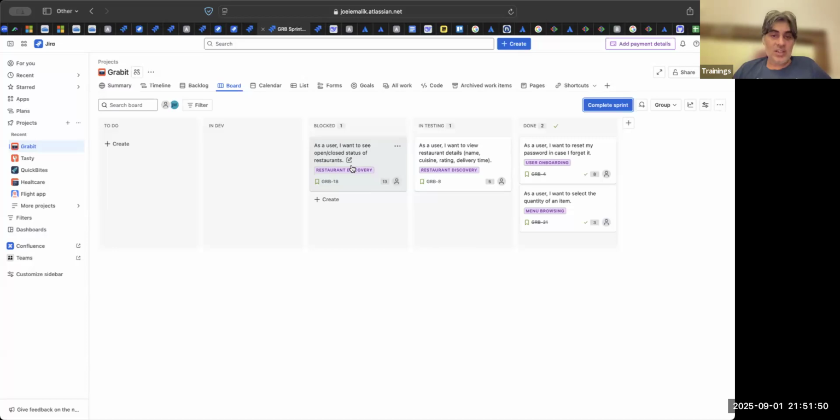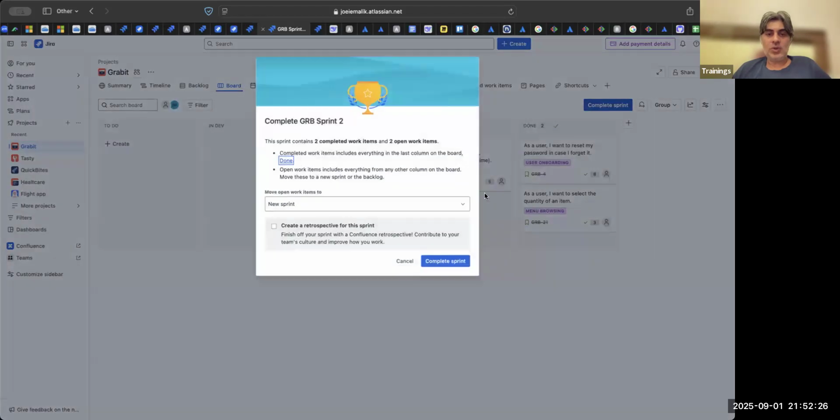Priyanka says, because this story was too much to test, this story was a little less, but I could not concentrate on it. So basically we took on a complex story. Then the team says, boss, from next time onwards, we will not take a 13-pointer. We'll only take a 5-pointer or an 8-pointer. If the sprint length is 3 weeks, then maybe we can do a complex story. But if the sprint length remains 10 days, then we will only pick up a 5-pointer or an 8-pointer. If it's a big story, we will divide it into 2 or 3 pieces. Okay. So this is the lesson learned. Then we can complete the story.